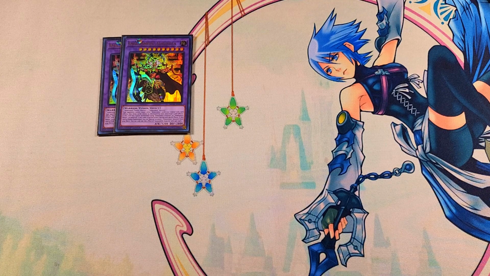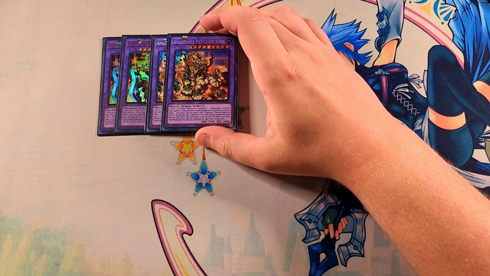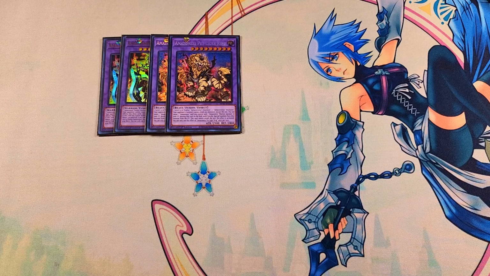We then play 2 copies of Pet Liger King. Pet Liger King is great as a 2-of in the build and just an awesome boss monster that's super easy to summon, as this card just requires a level 5 or higher Amazoness monster plus any other Amazoness monster to make this card. This card is going to be one of the most common cards you're actually going to summon